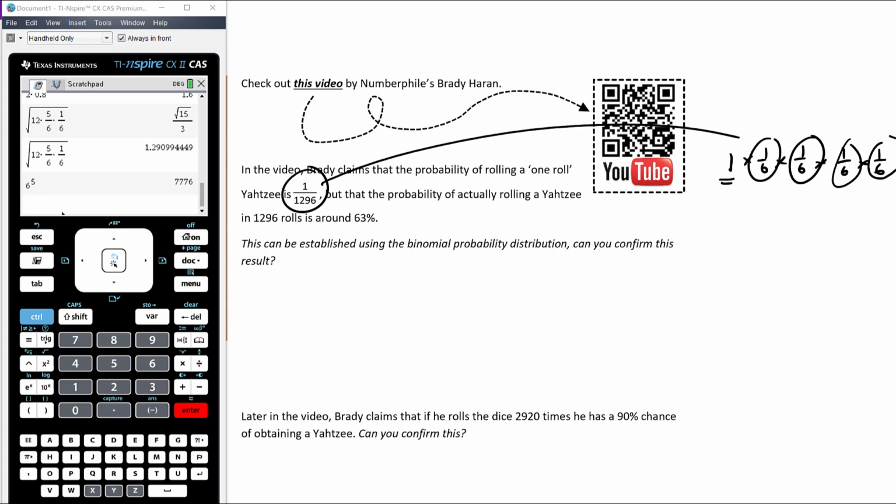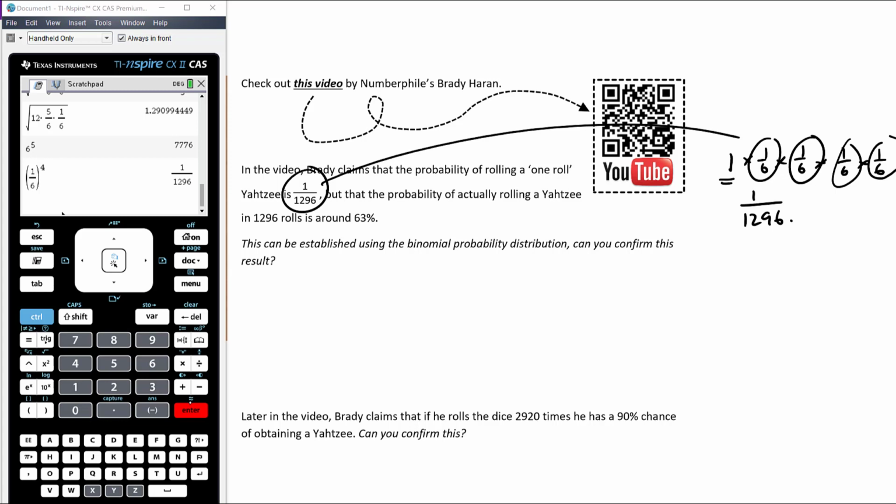So it's actually only 1/6 to the power of 4, which is 1 on 1296. Okay, so that's the probability that on any given roll, when I roll all 5 dice, I will get a Yahtzee. If you're familiar with the famous game Yahtzee, that is when all 5 dice